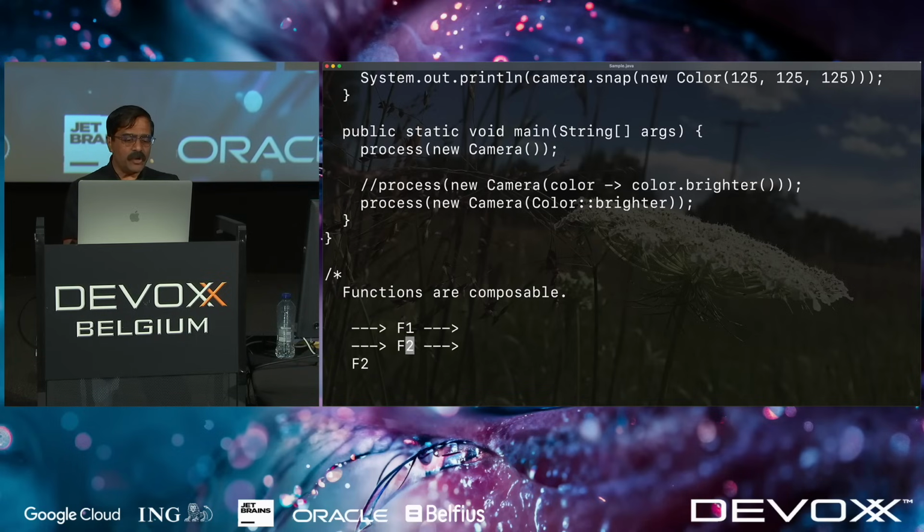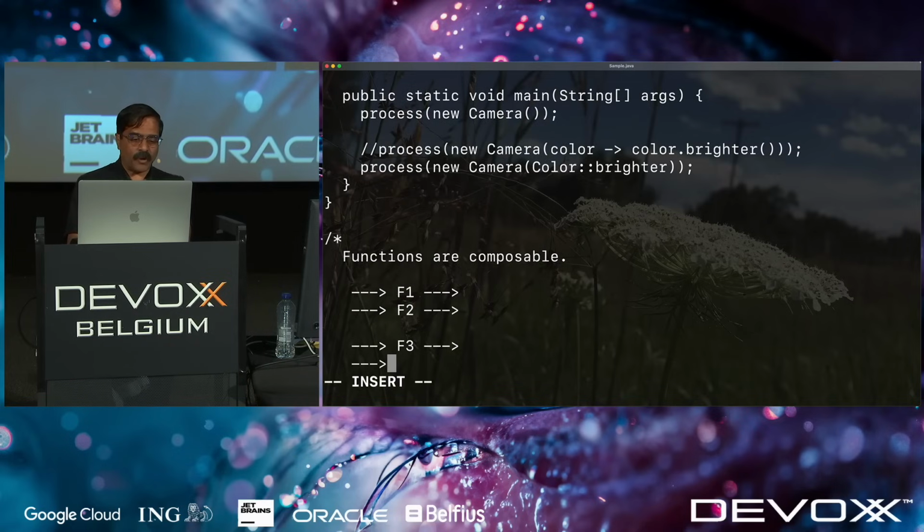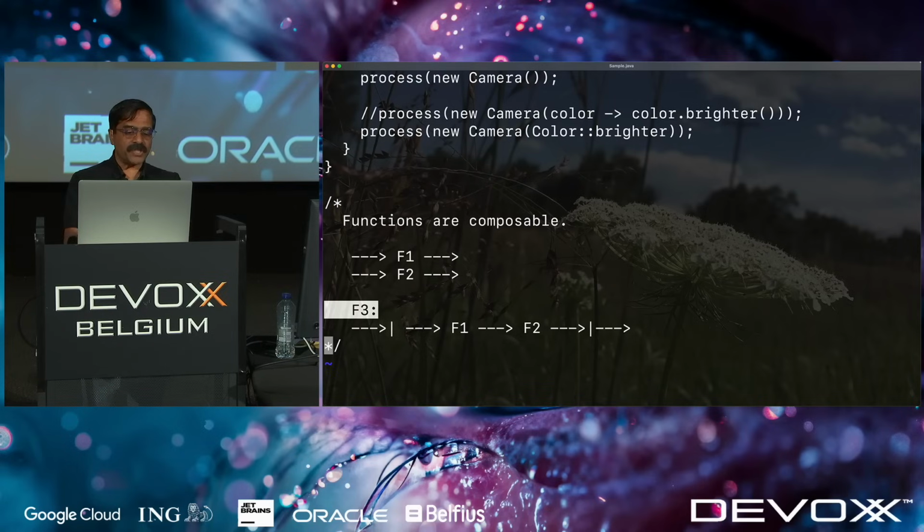Similarly, function 2 is taking an input and providing an output. Now I created a function f3. But the way the function f3 works is that it takes an input, and then it passes the input to function f1, takes the output of f1, passes it to f2, and then takes the output of that and returns it to me. So essentially, that becomes our function f3 in this particular case, which is a composite of function f1 and